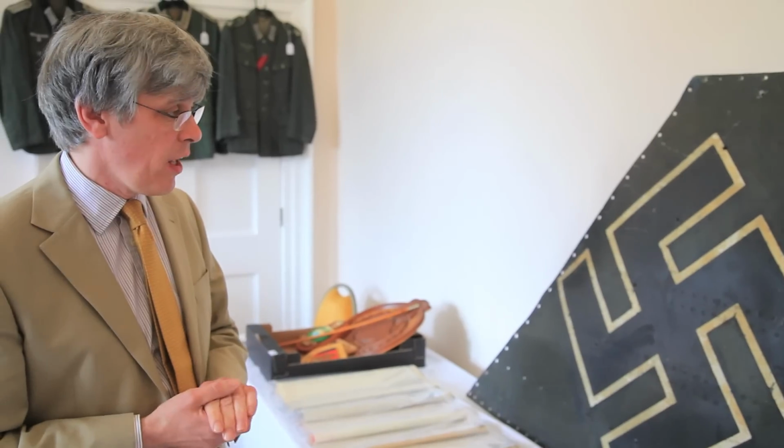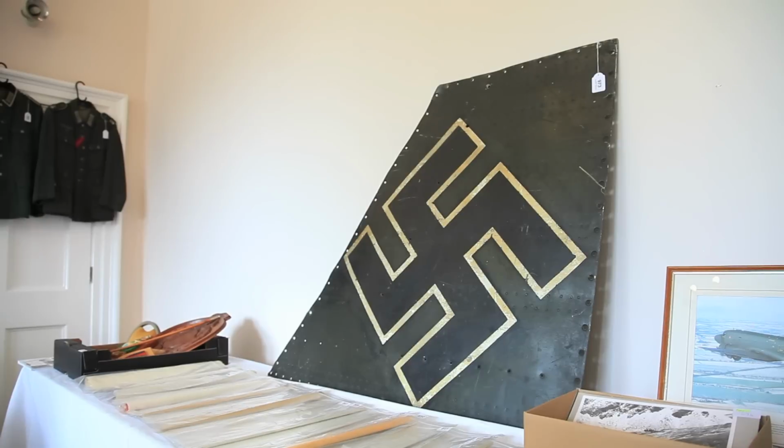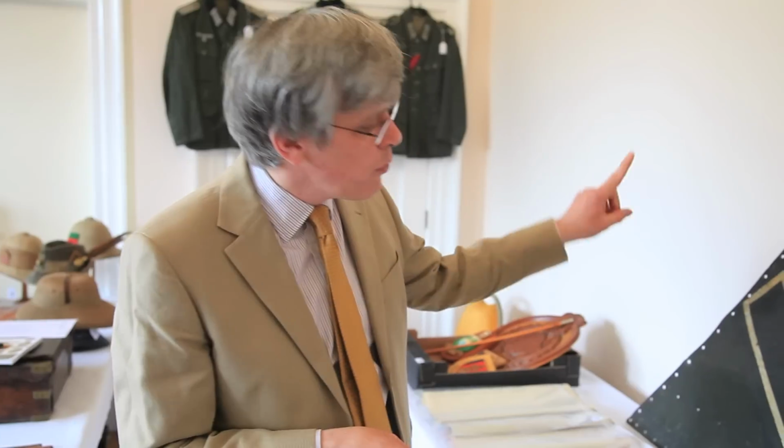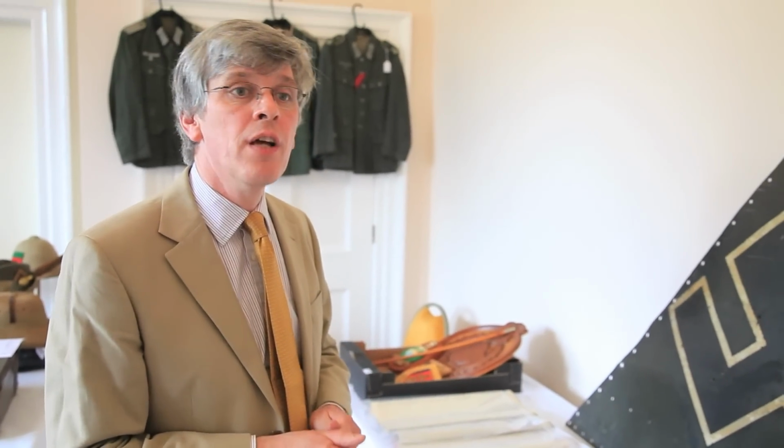This particular example, I'm expecting to sell between 4,000 and 5,000 due to the provenance. This Ju-88 was actually detailed to attack an airfield in Yorkshire, which it successfully did, and was brought down by ground fire. It crashed in a farm, and there are pictures on the internet of this actual aircraft being guarded by members of the Home Guard. And what happened was, the tail section was then removed and presented to the staff of RAF Driffield, which